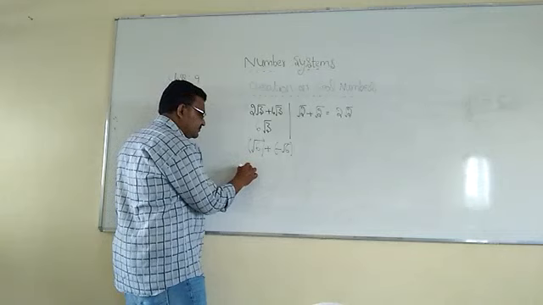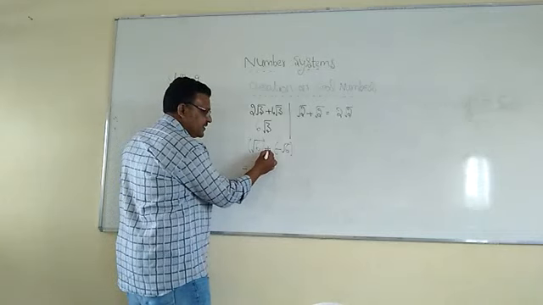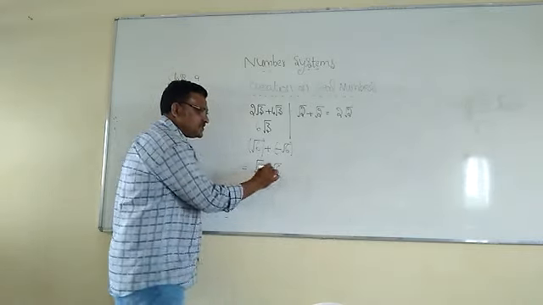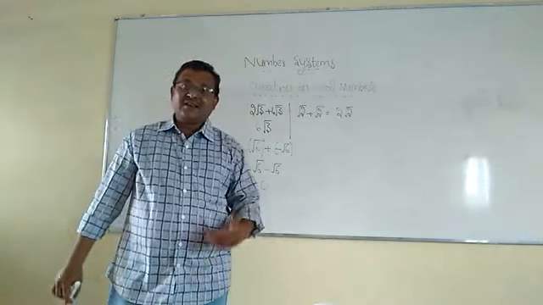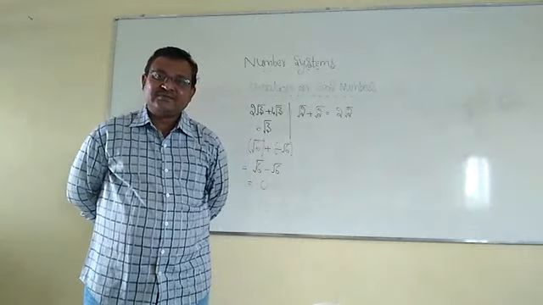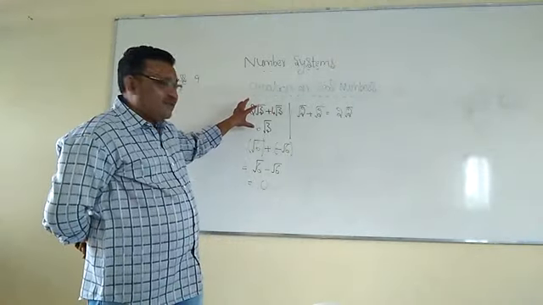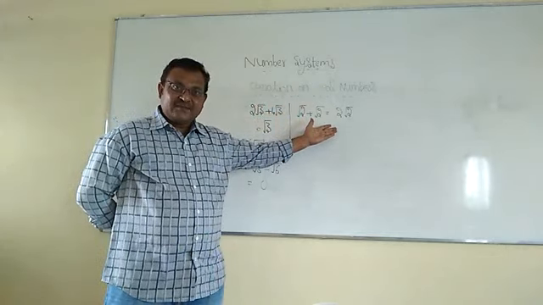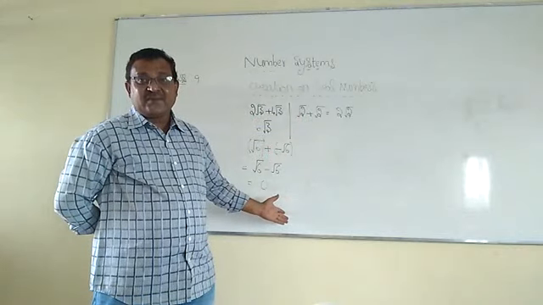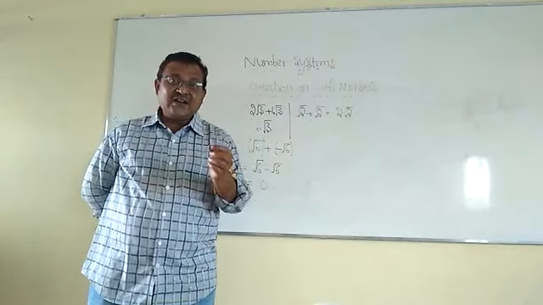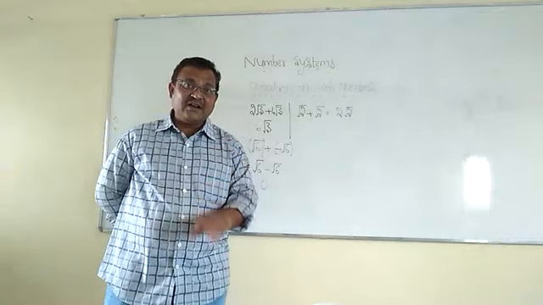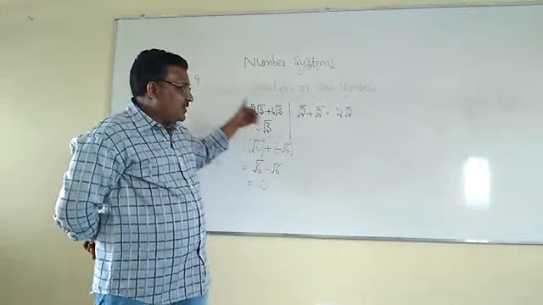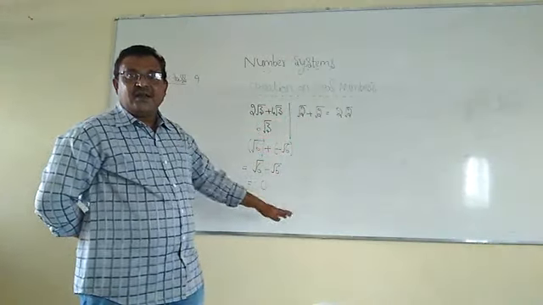That means root 6 plus into minus root 6. So root 6 minus root 6 is 0. 0 is not an irrational number. It is a rational number. So when we are adding two irrational numbers, sometimes we are getting irrational and sometimes we are getting a rational number also. So that's why we cannot tell that addition of two irrational numbers is always irrational only. No. Sometimes it may be rational, sometimes it may be irrational.